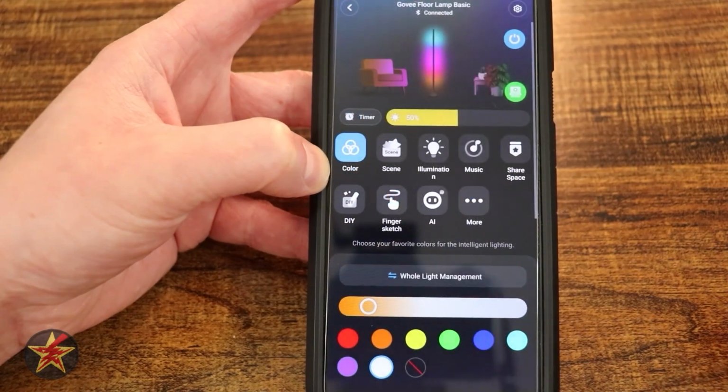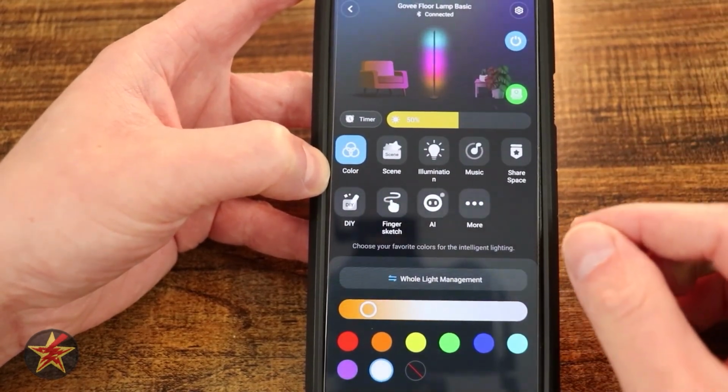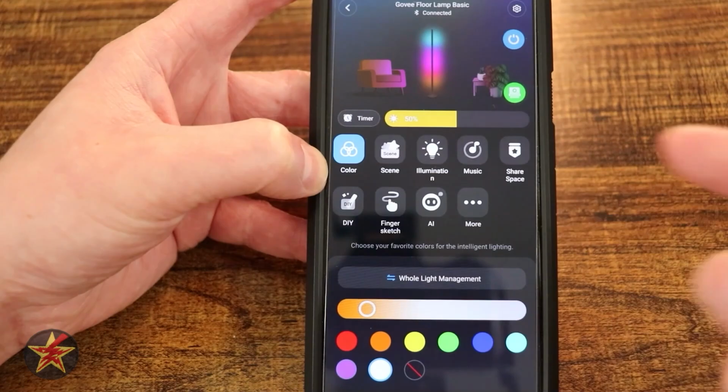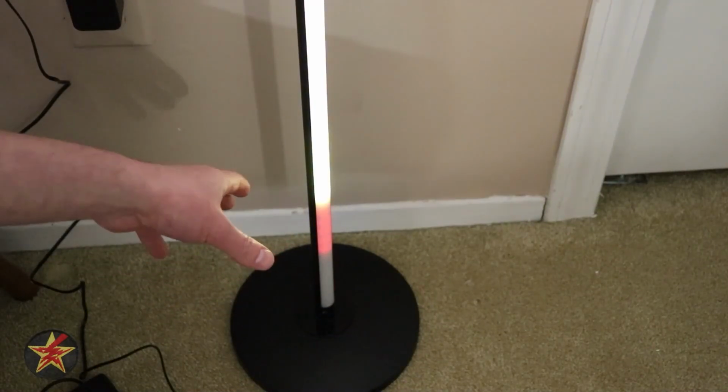But that has been everything that we can do for the Govee Floor Lamp Basic in the Govee app. Now that we've seen the impressive